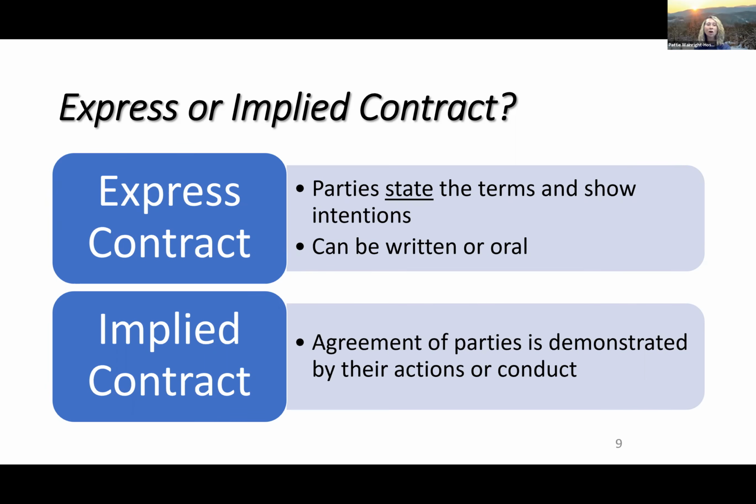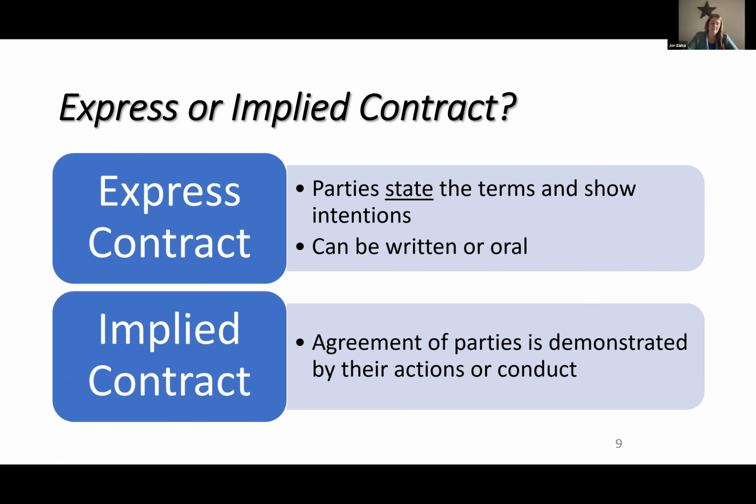Is that a conversation y'all have when you order a steak? No. When Patty orders a steak, they say, how do you want it cooked, right? Here's the thing. Patty could get up and run out, and she might go to court and make the legal argument: I never promised to pay for that steak. I never agreed. We never expressed a contract. And would she be right? They never expressed a contract, right? Right. But do they have a contract?